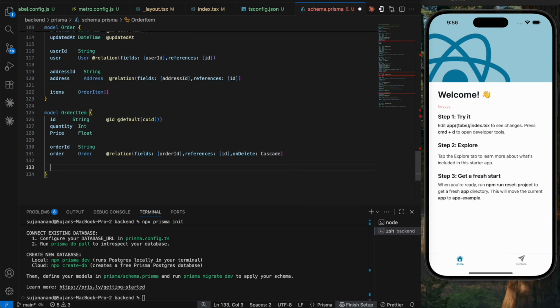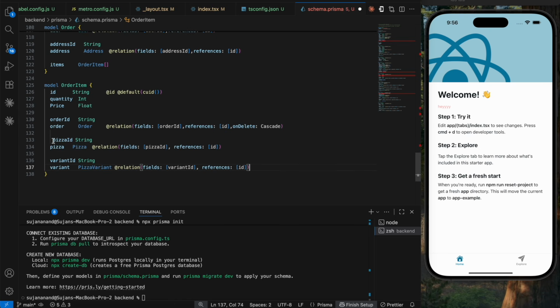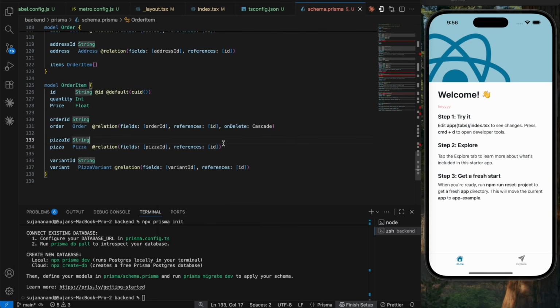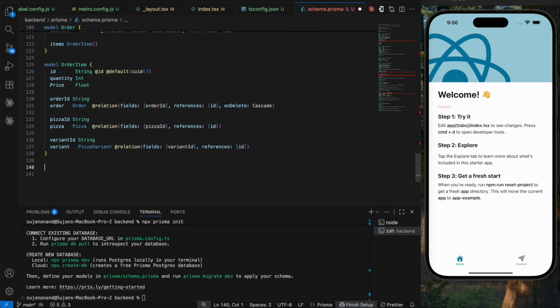Okay, so similarly, we're going to have it for the pizza ID as well as the variant ID. I'm going to add it for that. So there you go. Okay, that's pretty much it. Format once, save. Okay, so once that's done, we're going to have 3 enums, that is for size, crust, and then the